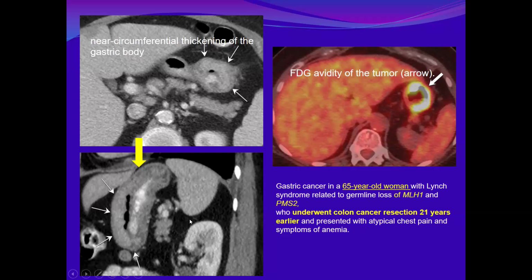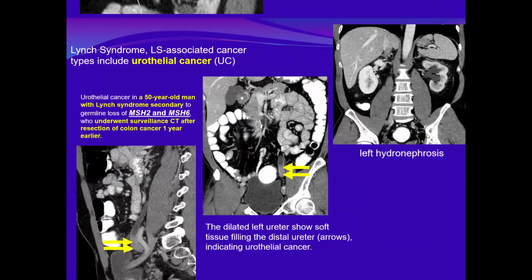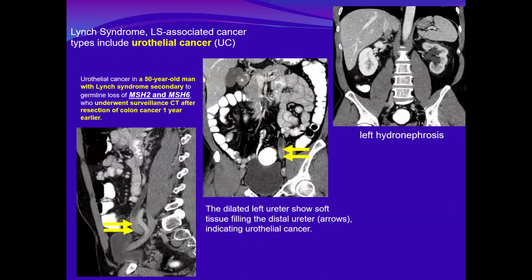Okay, here we can see near circumferential gastric thickening with avid FDG uptake. And this again,